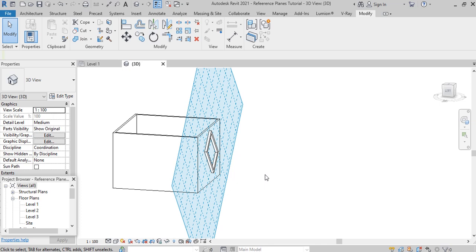With this, we have come to the end of this tutorial. In our next video, we are going to show how to use work plane in the family editor to create